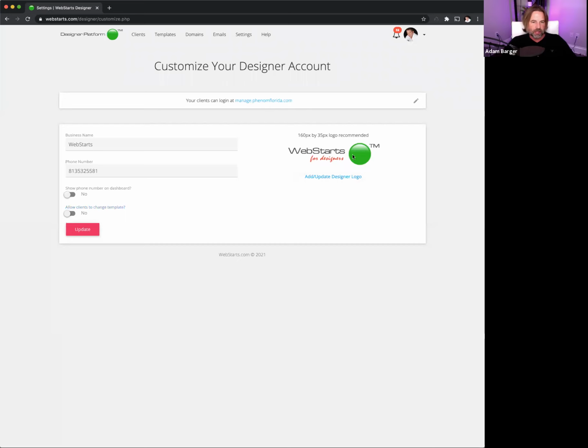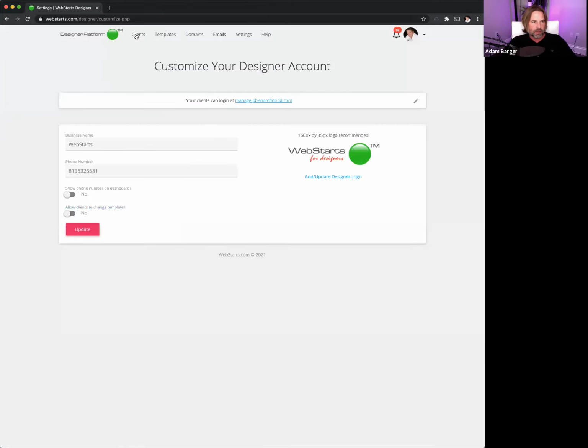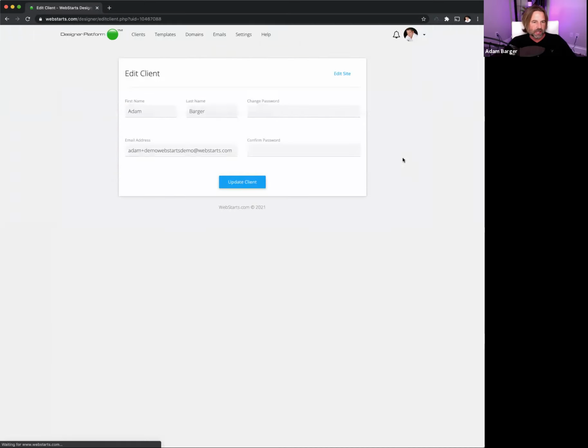Here you can upload a custom logo, the recommended size is 160 pixels by 35 pixels. And so all of that gives you the ability to create your own brand. So when I open that up in a tab, this would be your logo, and then your clients would log in with their username and password in this field. Now let me show you where you would set up that username and password. Going back over to clients and clicking on the ellipses, I click edit client, and there I can change the username or the password for the client that they're going to use to log in